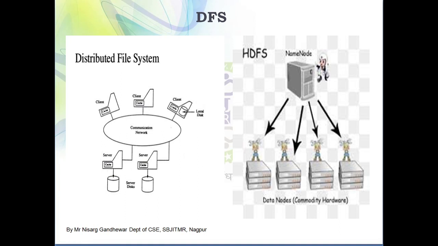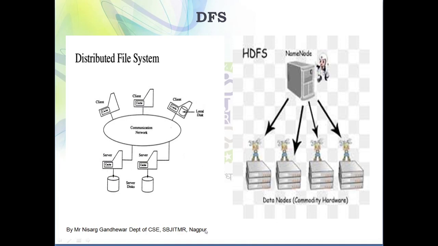So ultimately my complete task will get completed in only 1 hour. In the previous case, my task required 4 hours. That is why I'm telling you that you can increase the processing power of a single node up to a certain level, but after that you need to use the concept of distributed computing, where multiple nodes contribute and help us improve the performance. So in this way, a distributed file system will work.